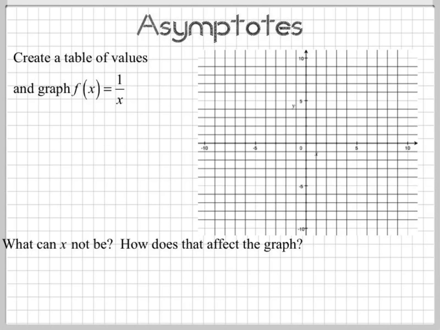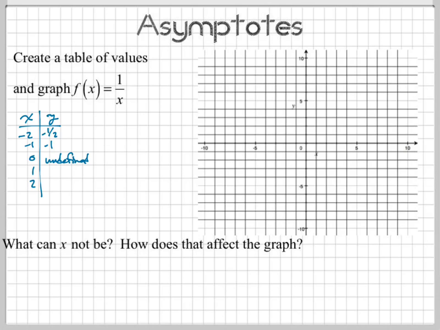I'm hoping that you guys, making a table of values, would start with just plugging in some random numbers. Like if you plug in -2, -1, 0, 1, and 2, at least starting with that, and then figuring out what you would get when you plug those in. When I plug these in, the first one I would get a -1/2, and this I would get a -1. If I plug a 0 in, I get undefined,